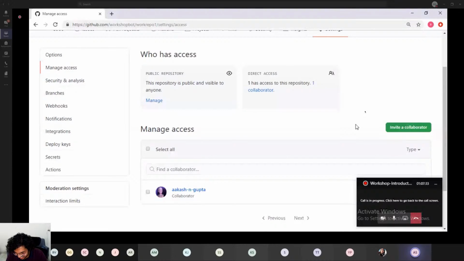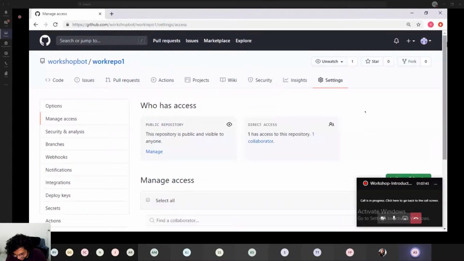That is called a pull request. After some time, I'll show you how to create a pull request. But when you add a person as a collaborator, they can directly make changes without making a pull request. They can directly change things in the repository, and you can track it later in the pull request section. But they don't need to request you to add those changes.